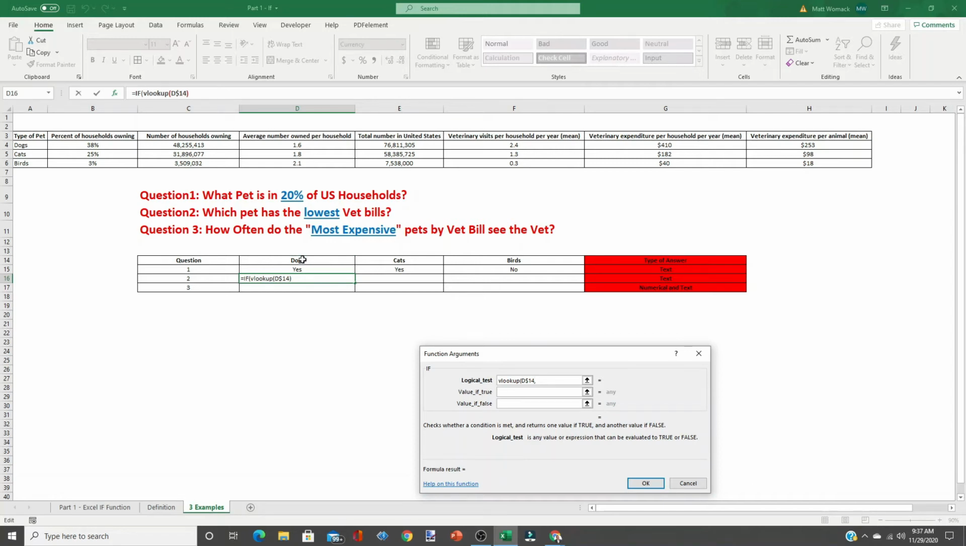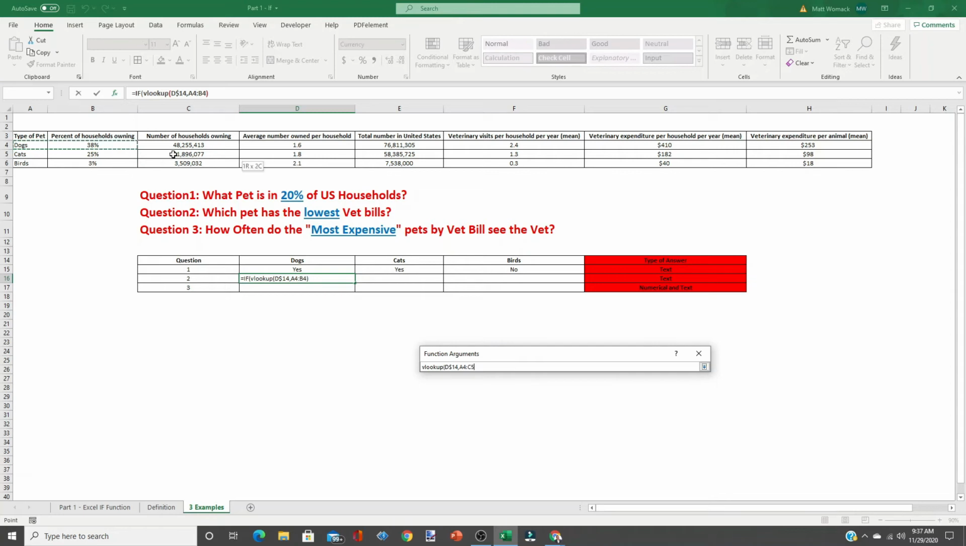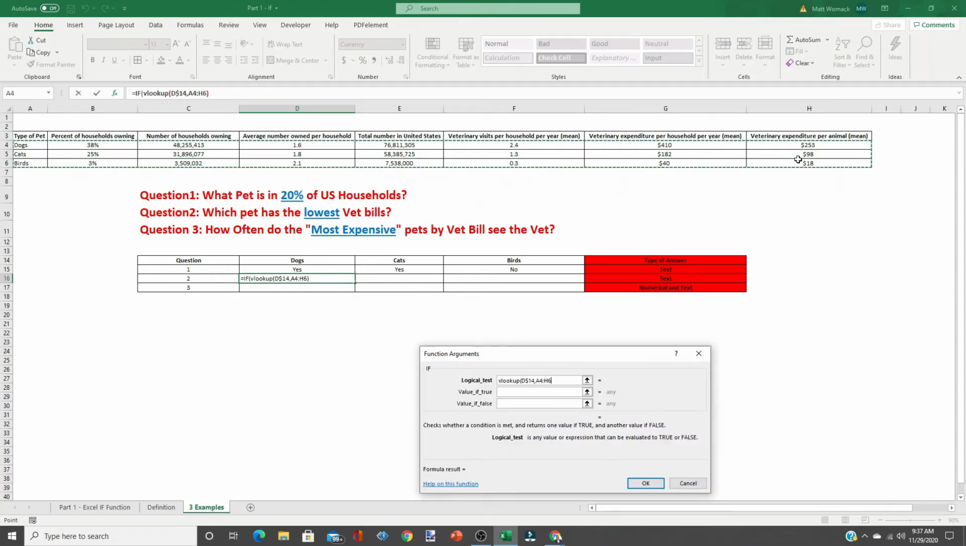Now we need to tell it the cell range we want to use to find the answer. So we go up to our data set and we tell it A4 to H6, and we click F4 to lock down that entire data range, comma. Then we need to tell it which column we want to find the answer in. The vet expenditure is in column H. Column A is 1, column B is 2, C is 3, D is 4, E is 5, F is 6, G is 7, H is 8. So we want to put 8,